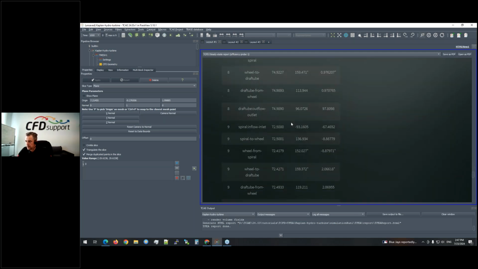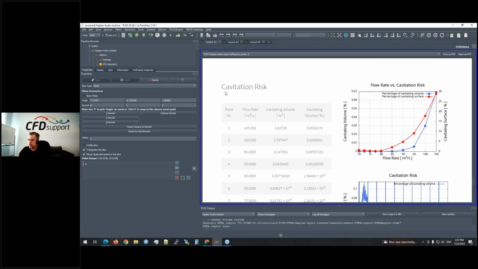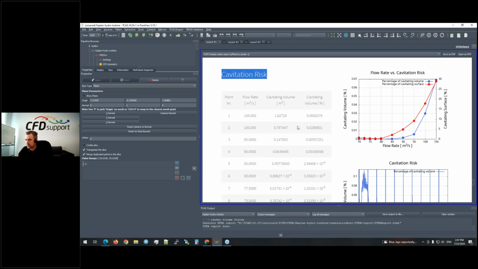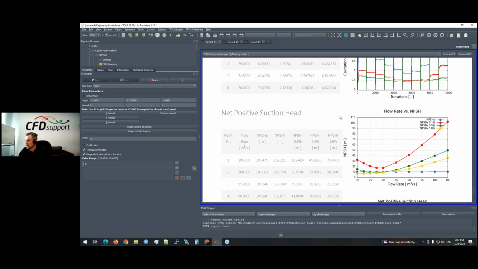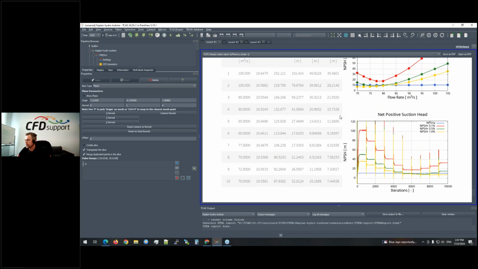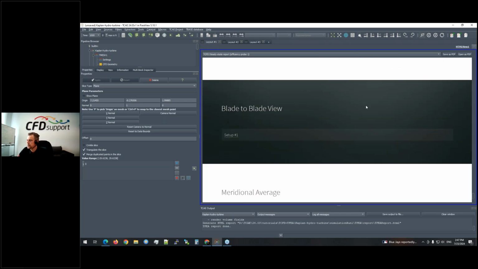The various averaging and averages. There are also, even for steady state, some cavitation assumptions by some models. So there are a lot of specific